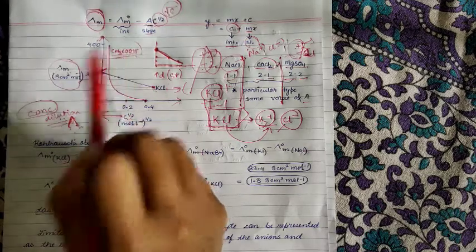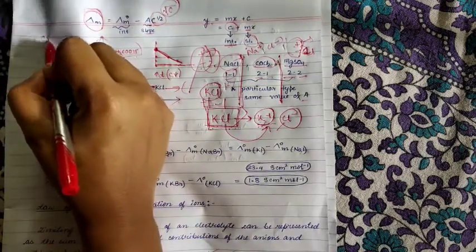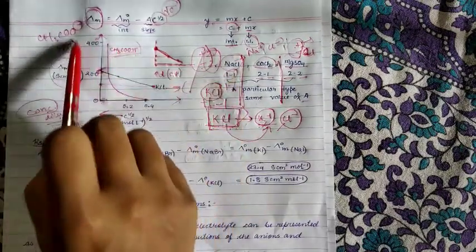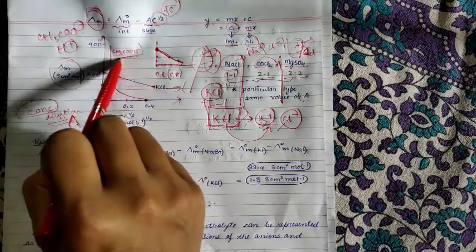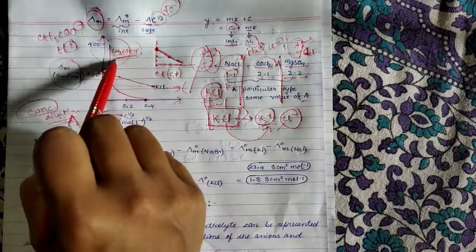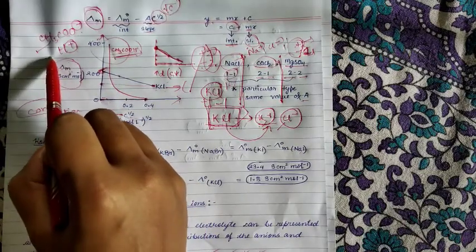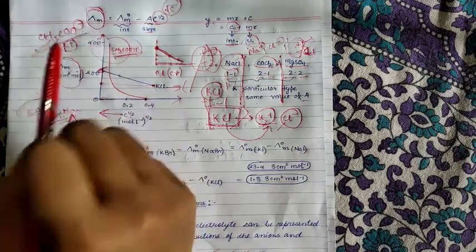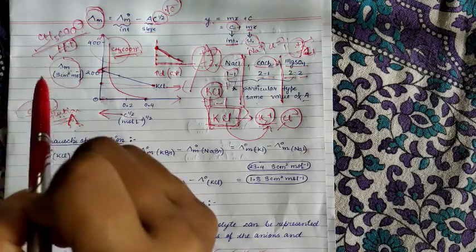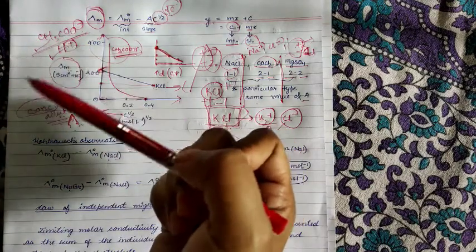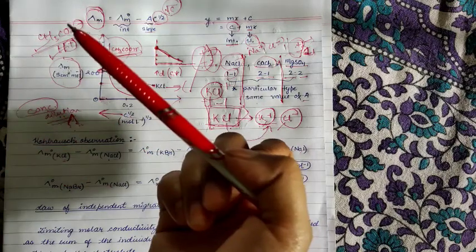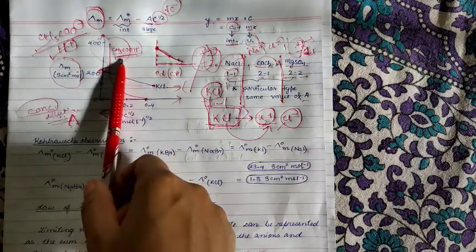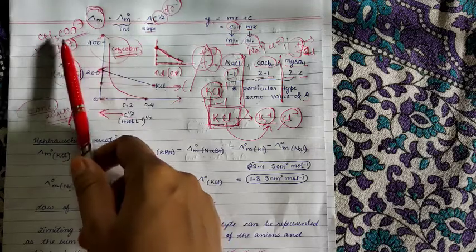So what are the ions that can be produced from CH3COOH? It is CH3COO negative and H positive. So these are the ions possible from acetic acid. This is known as acetic acid, this is the acetate ion, and this is the hydrogen ion. Clear? Or this is the proton. But in case of weak electrolytes, the electrolyte does not like to break down. So it is very hard for us to get these ions. For that you have to dilute it so much, then only you will get the ions here.